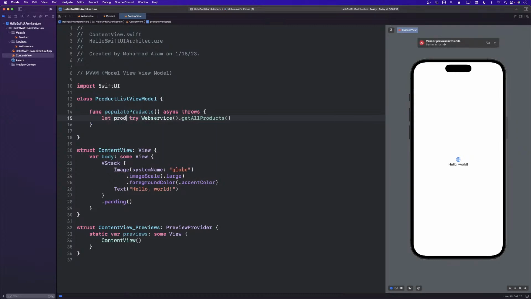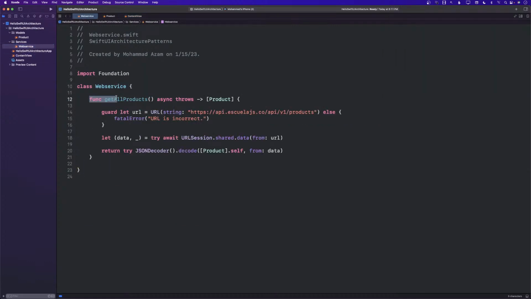Just to get an idea of what these things are. Okay, so let's go ahead and also add async because the web service function is async. Now again, this is not how you will write a web service function. This is just for the demo, by the way. All right, so don't start hard coding stuff in there. I mean, what if you need a test URL and all that stuff?